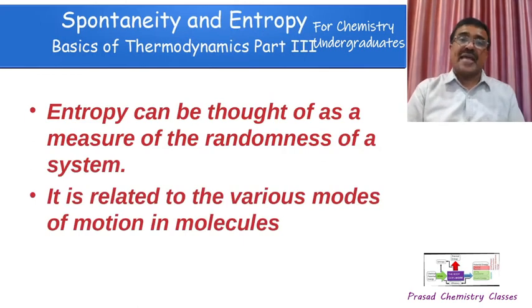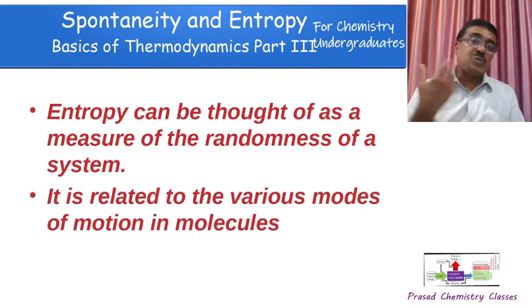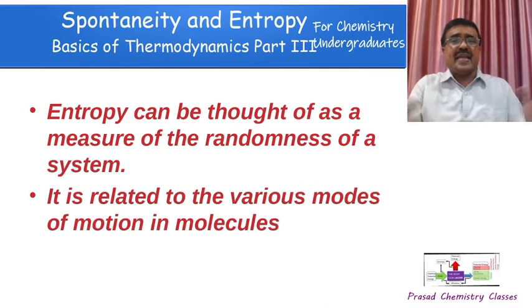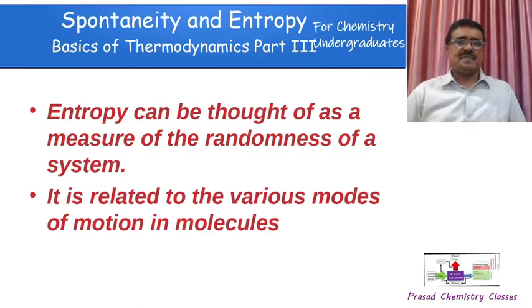Physically, entropy can be thought of as a measure of randomness of a system. So we are considering absorption of heat by a system. We know heat is what we call the random kinetic energy, nothing but random kinetic energy of the particles. So when more heat is pumped into a system, what is happening? We are increasing the randomness in the system, because molecules will be jiggling more violently now.